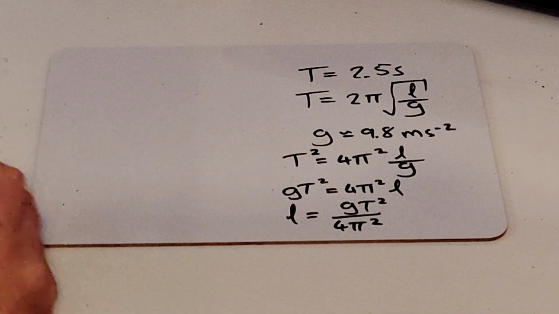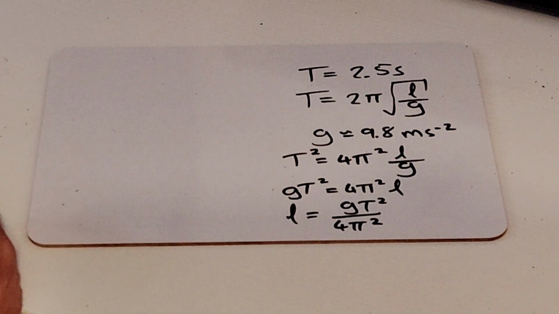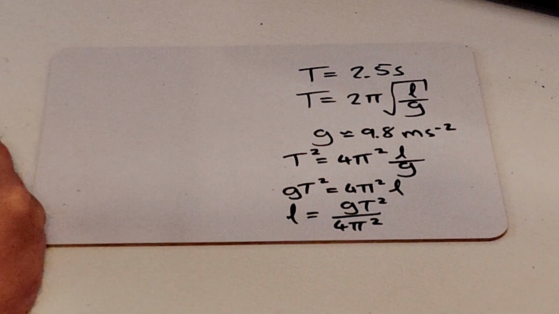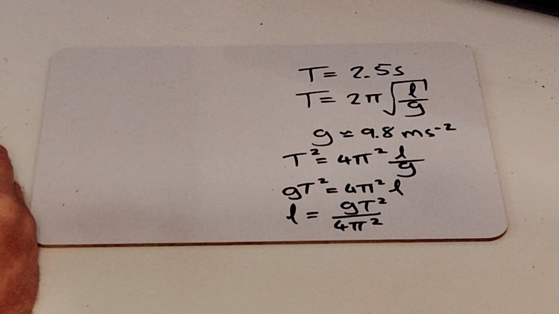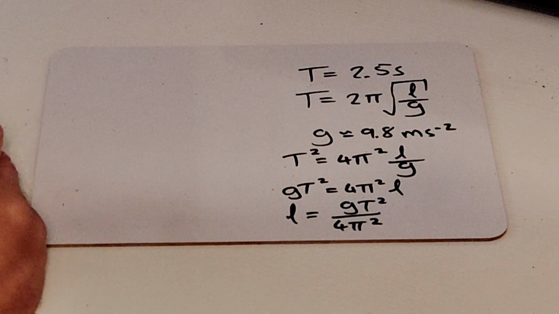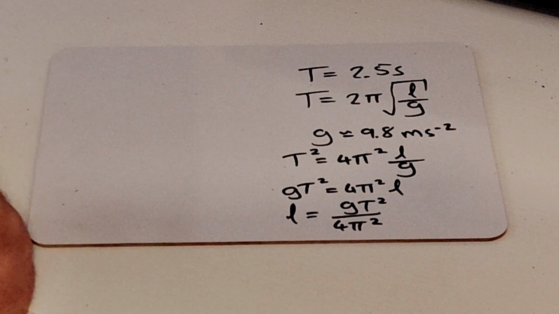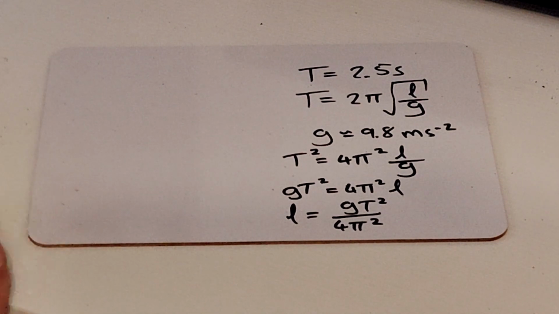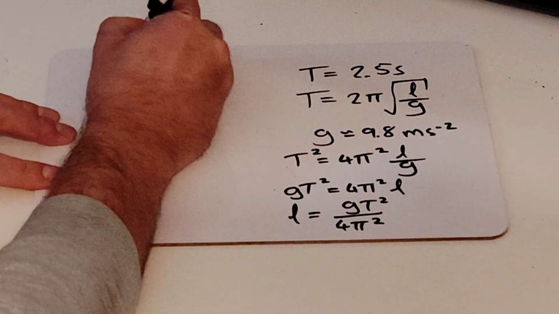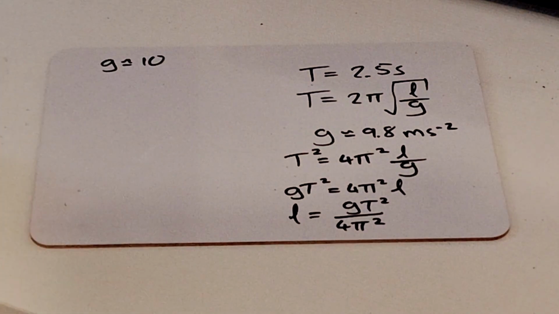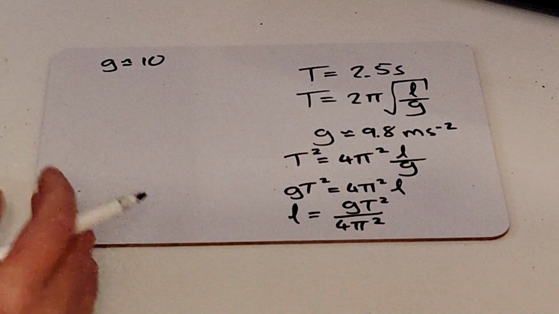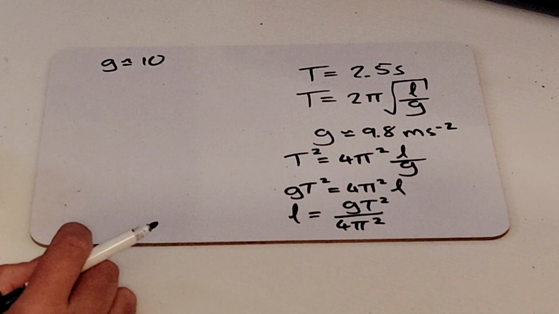Okay, so we know some values. Now I'm going to estimate some things to make our life a little easier. I'm not going to use a calculator. I'm going to say that G is approximately equal to 10. This is something I used to do during my PhD, what's called a back of the envelope calculation,